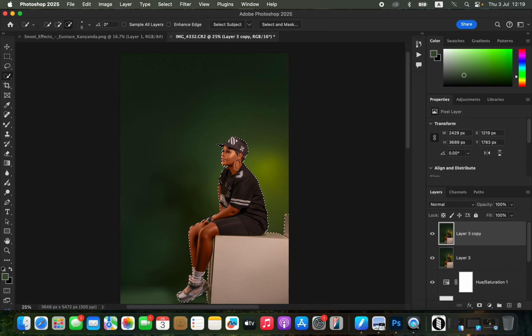So we just want to copy and paste the subject on a brand new layer. Press Command C to copy, or you can use Ctrl C, and press Command V, or you can use Ctrl V to paste the subject on a brand new layer. And as you can see, our subject is now on a brand new layer. Come and select this layer behind the subject layer,